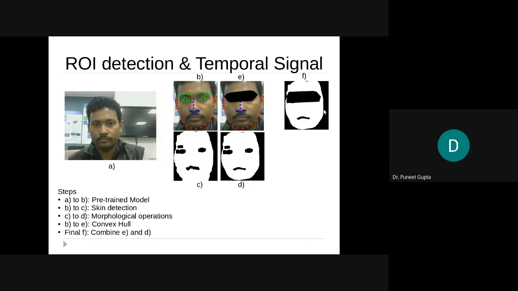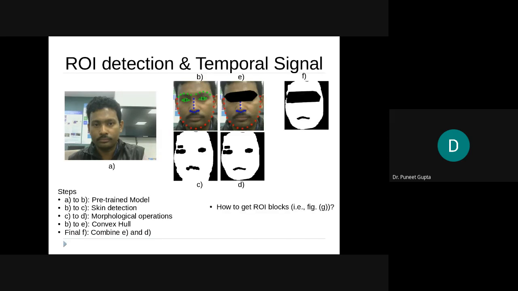That's it. And this is not actually restricted. There are multiple ways by which people are using different regions of interest. Some people are using cheek regions and so on. Again, as we proceed, we will see what people have done. But if you can somehow get a very good and stable region of interest, most of your problem will be solved.